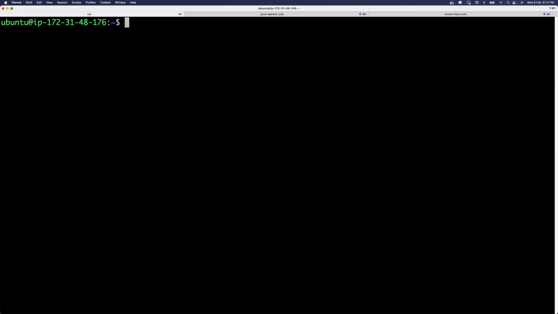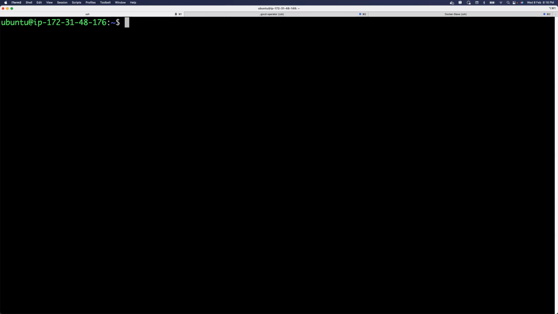Either you can source your user profile using the source command, or else you can simply log out and log in back. So for the people who are not aware of the source command and how to source your user profile, you can simply log out and log in back. Okay, I don't want to complicate it. So for now, just understand that your user profile is not activated as soon as you add your user to any other group. So now Docker is installed and your Docker is up and running.